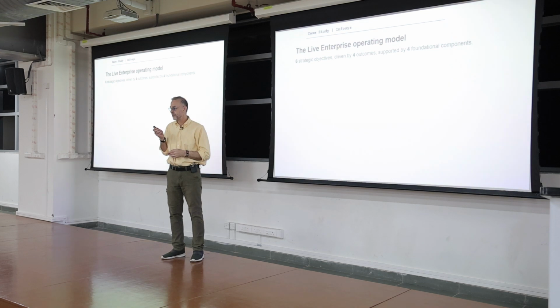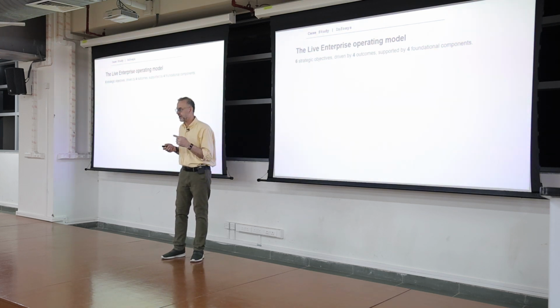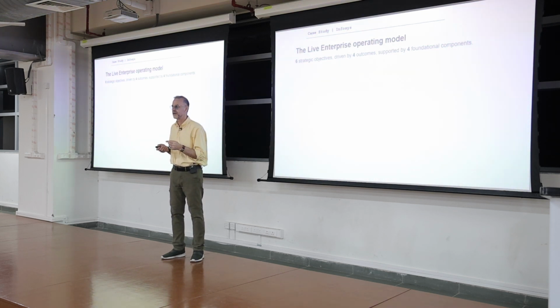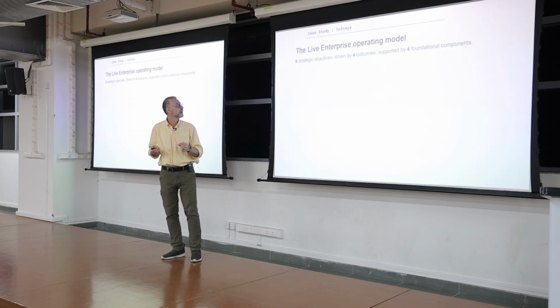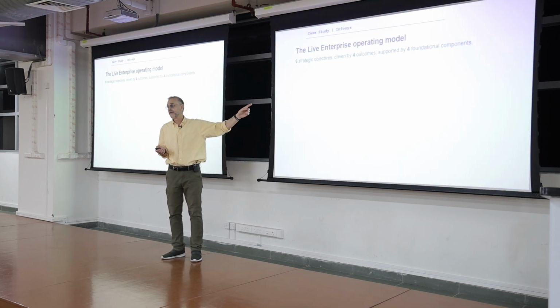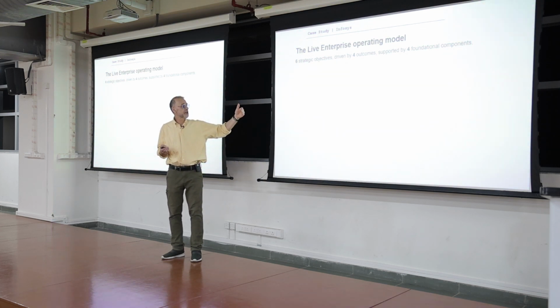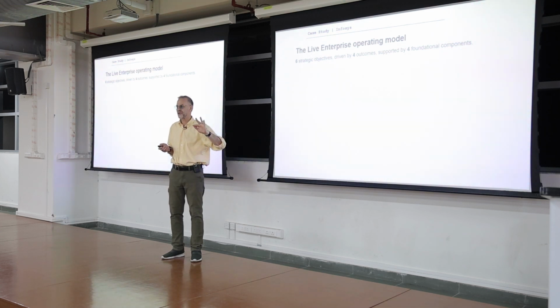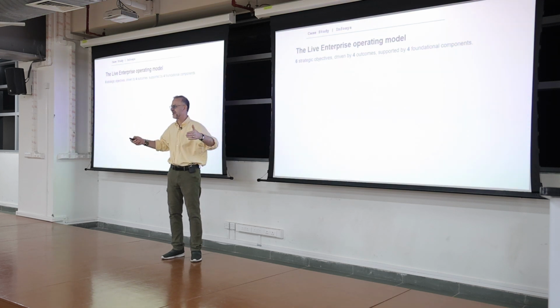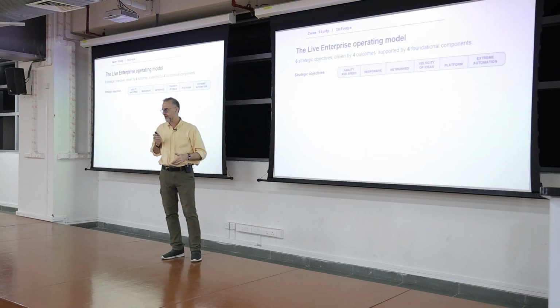And this is where it gets really, really interesting in my mind, especially as we look at the idea and the role of AI coming forward. So we call it live enterprise, or I call it live enterprise, because it's continuously moving. And there's 6 strategic objectives, there's 4 outcomes, and there's 4 foundational components. I limited my universe. I didn't want to have so many things that I had to look at that I would never get anything done. This is enough to get that.